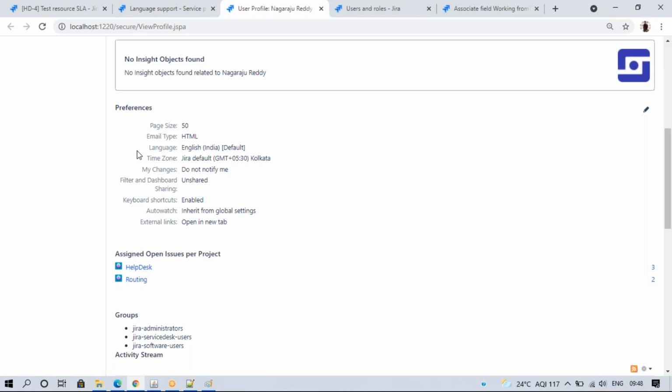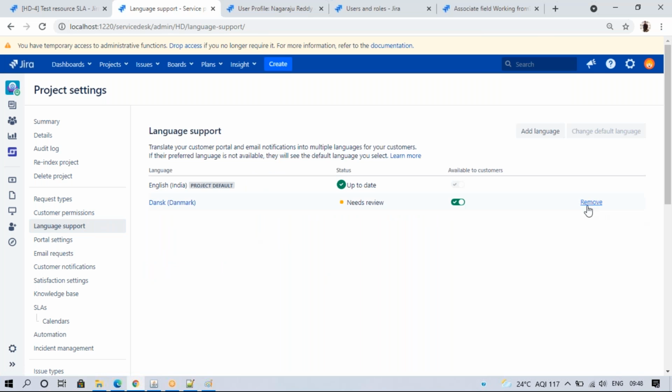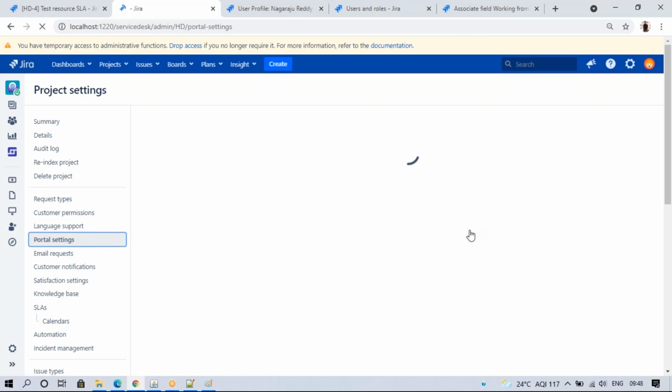In profile preferences, the language is English India by default, and if I change this to Danish, all these fields will be changed here. So this is language support, good options. Okay, so I hope you understand this now. If any people select this, they can see this content in their own languages only. Okay, and the next, portal settings.